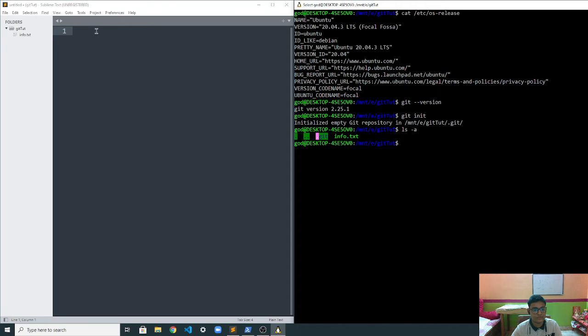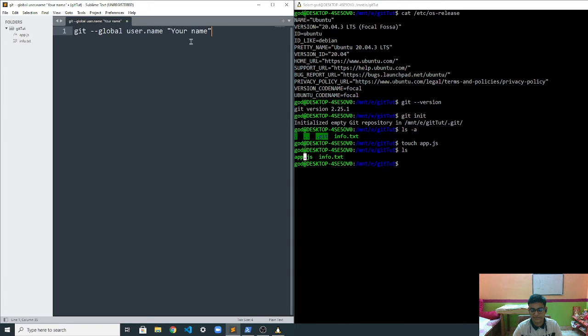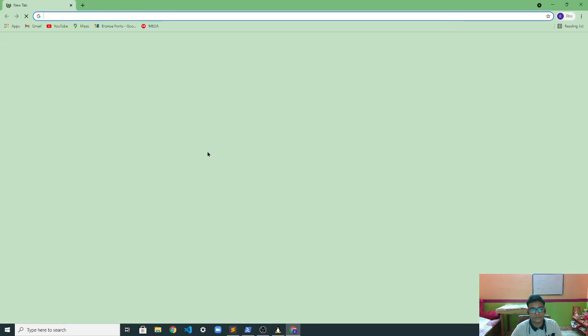Okay, so now what we'll do, we create a JS file over here, touch app.js, and app.js has been added over here. Okay, so now, wait a second, we want a node sample code over here.